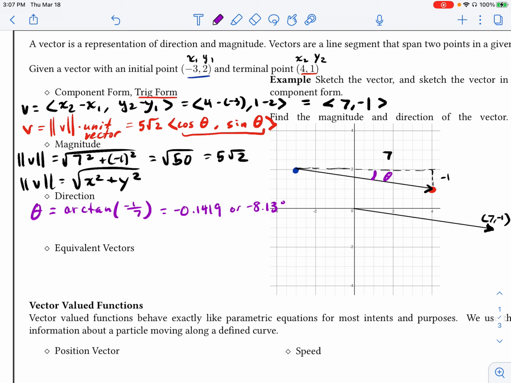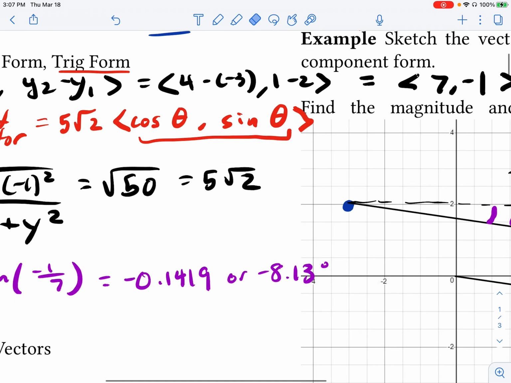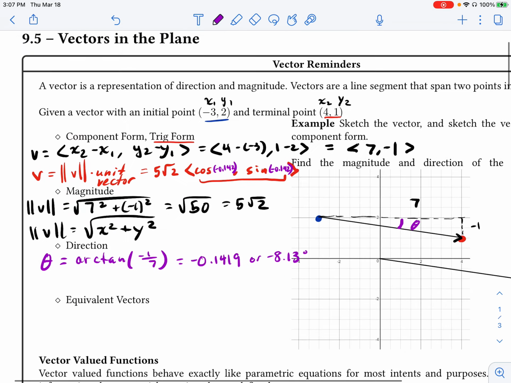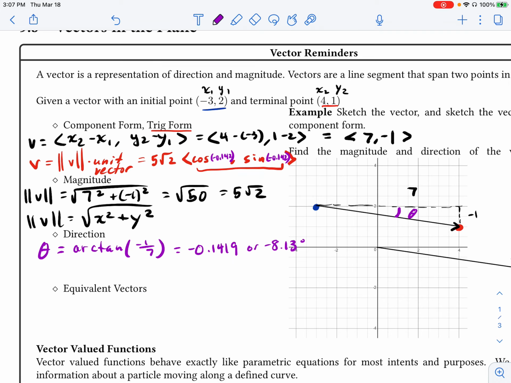So what we're going to do is pretty much replace theta now for each of those. So I'm just going to go in here and replace those. So we're going to say -0.142, -0.142 if I'm just working in radians. So that is my unit vector. Now I multiply it by its magnitude, and that gives me the same vector now that it's written in trigonometric